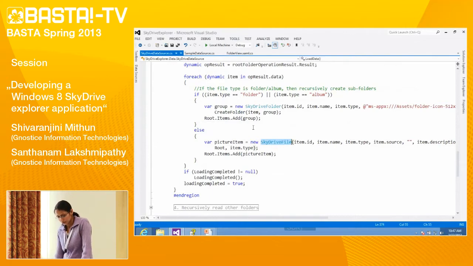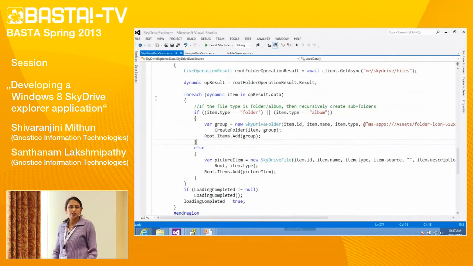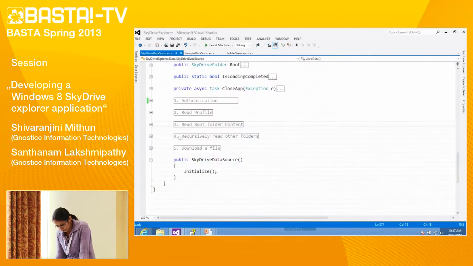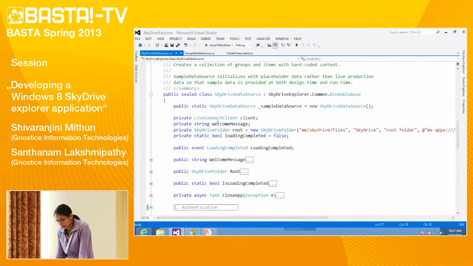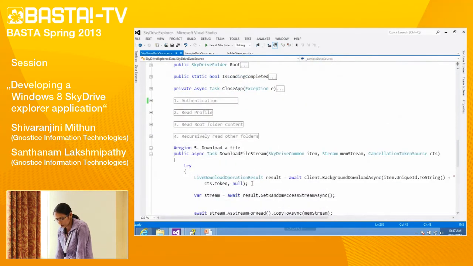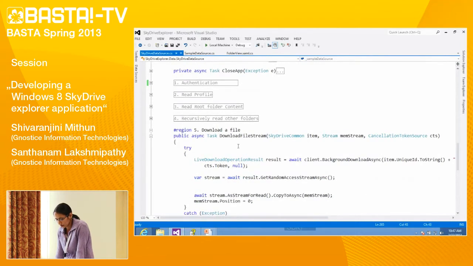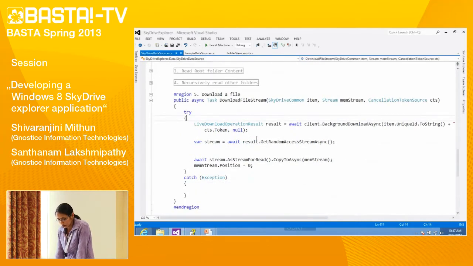In the same way, recursively we will construct the entire folder hierarchy. This SkyDrive data source also has a download method to download the file, but this will be used on demand. Whenever the user wants to see a file, only then we will download the file in the background thread, and we will display it.